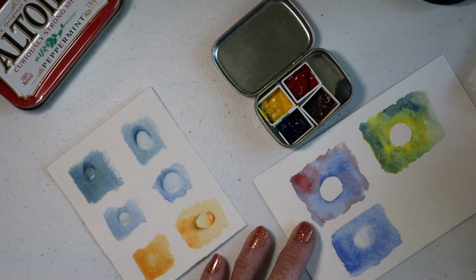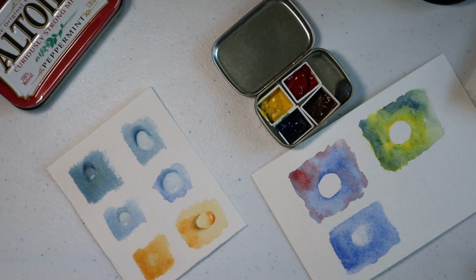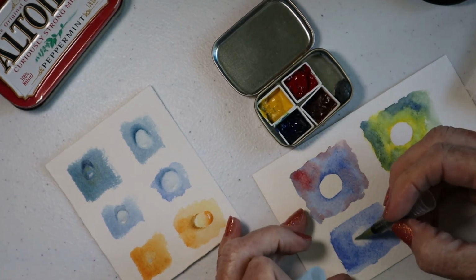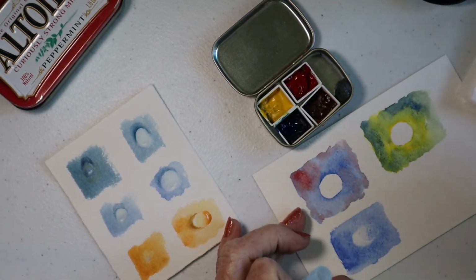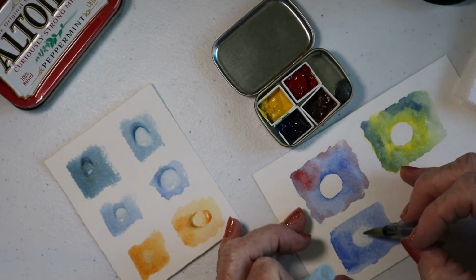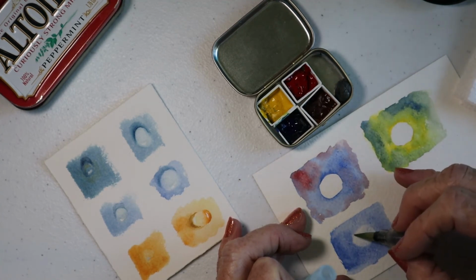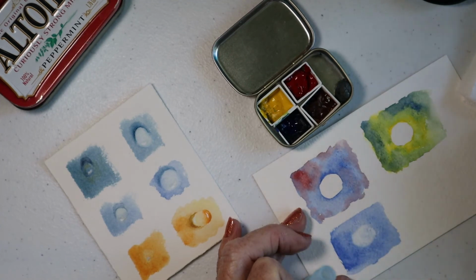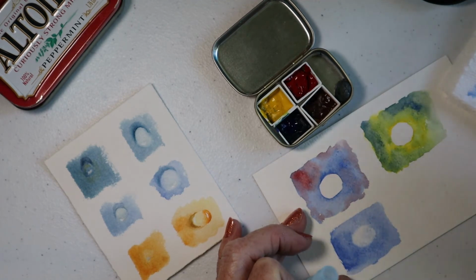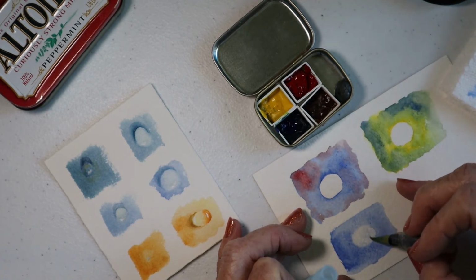If you feel like you're getting too much water, you can also disconnect your brush like this, unscrew it so you have no water flowing through it, and go back this way and lift it up like that. Sometimes that allows it to be more of a sponge. So I want you to try both methods. One where you leave the white and one where you